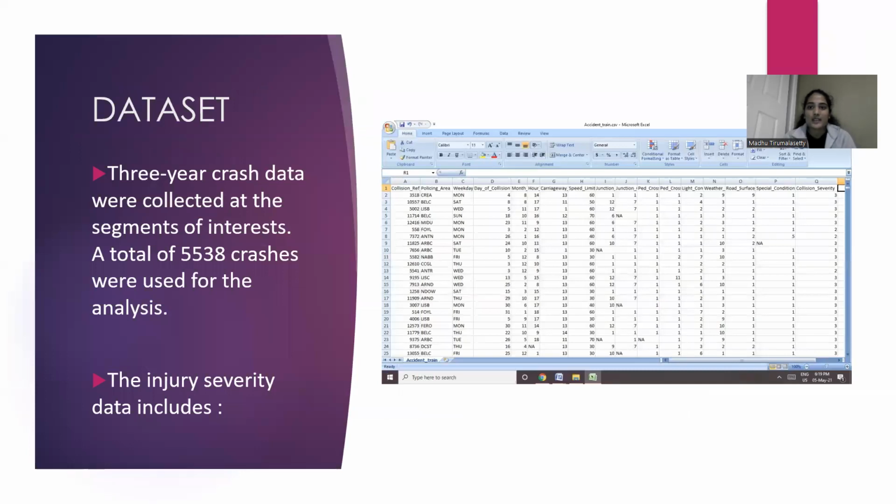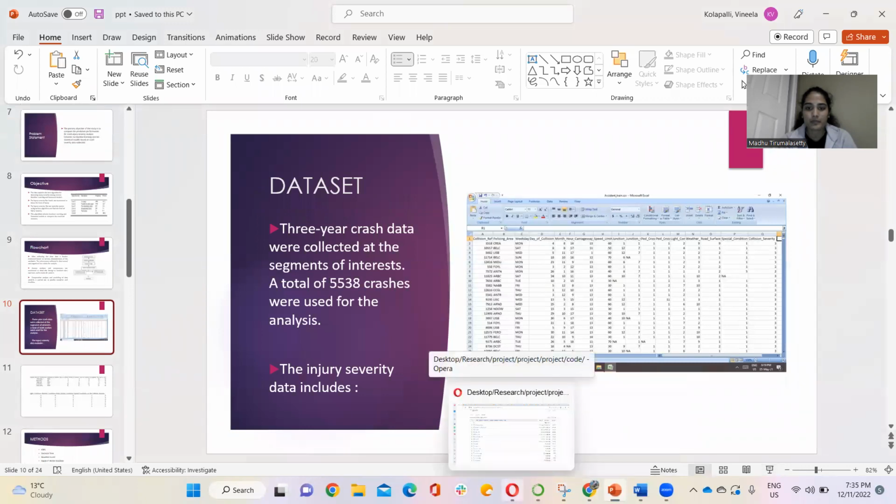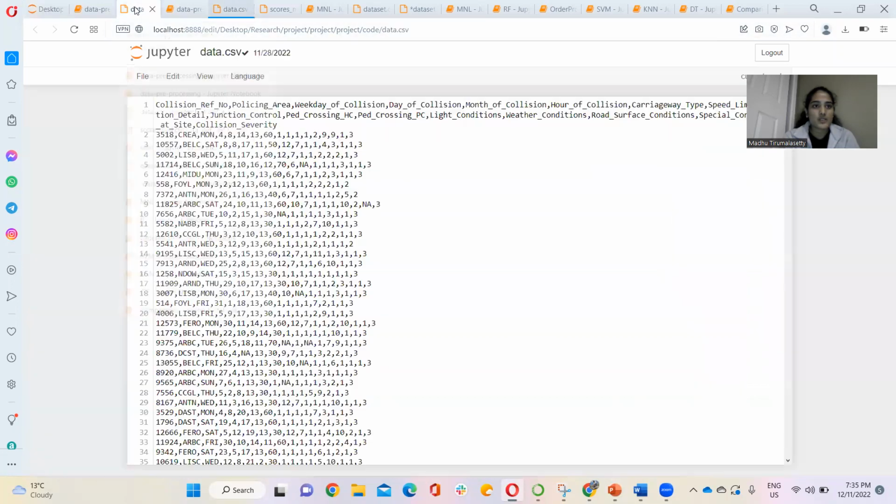Coming to the data sets, we are taking data from the past 3 years, and here we are using two types of data sets. Initially we are taking data.csv. This data.csv will be in this format, considering all the different factors.